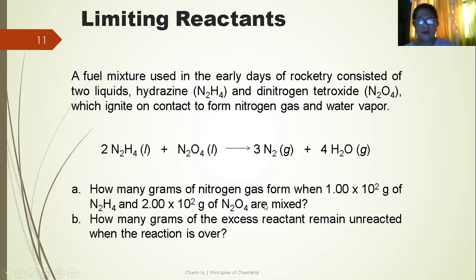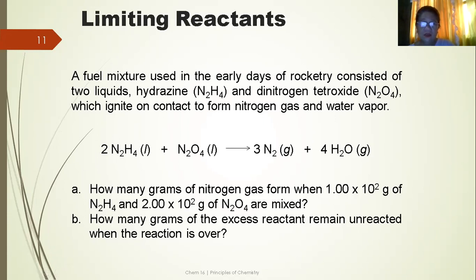How many grams of nitrogen gas can be formed, given the reactants? You will determine which is excess, which is limiting. So that is 1.0 times 10 to the power of 2 grams of hydrazine. The other one is 2 times 10 to the power of 2 grams of dinitrogen